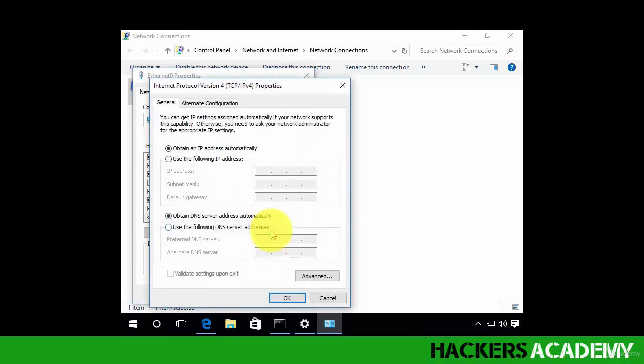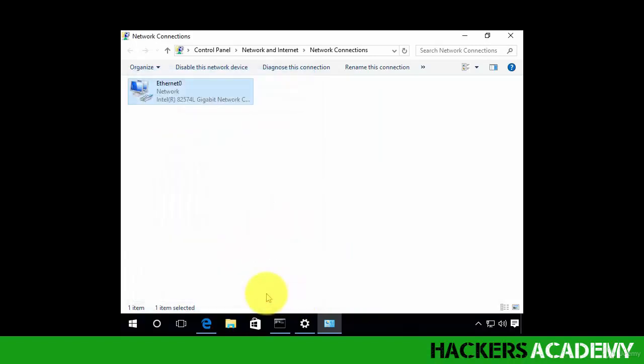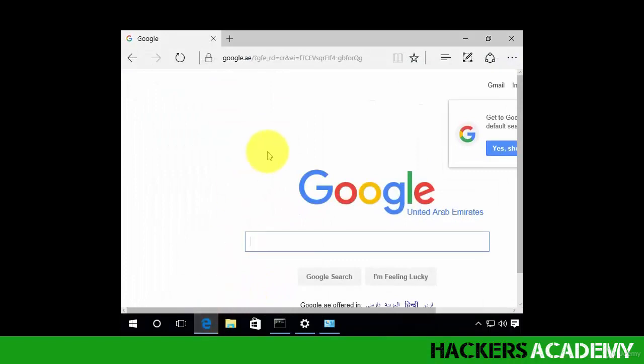Currently, I have a setting that requires my machine to automatically find an appropriate DNS server. If I change that to a different IP address, let's say 111.111.111.111, and I save this change, this is now going to redirect my machine to a different DNS server. In this case, 111.111.111.111. So now when I ask for the google.com website, my browser is going to send a request to the